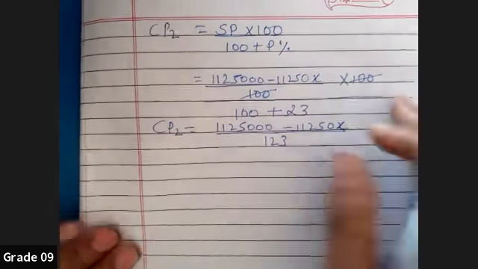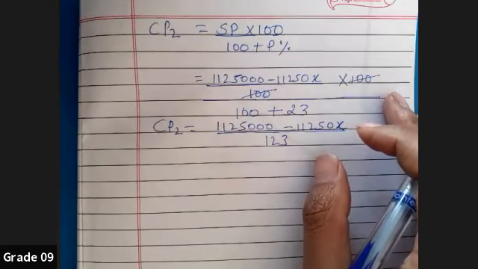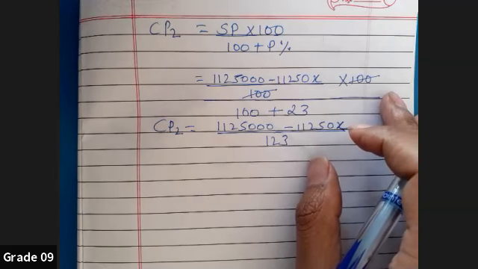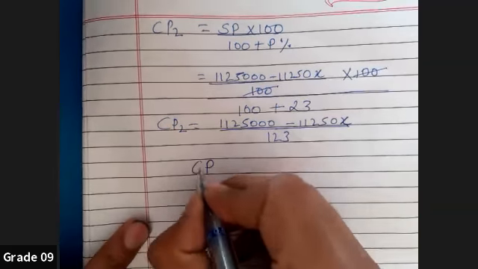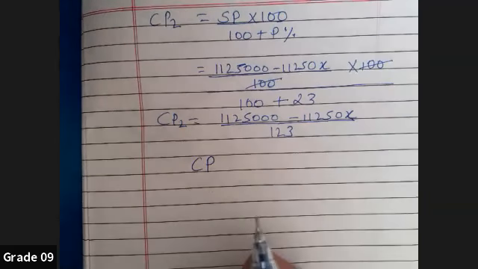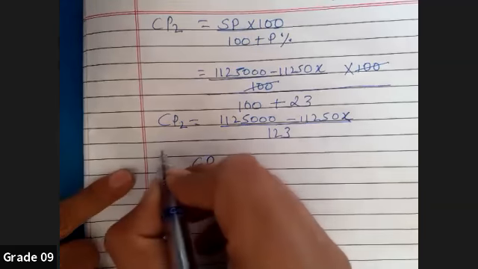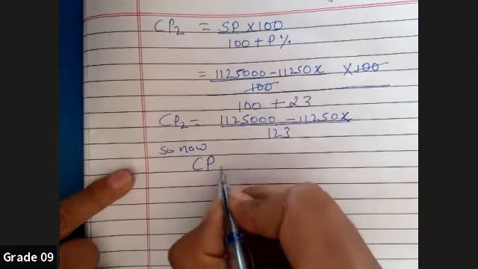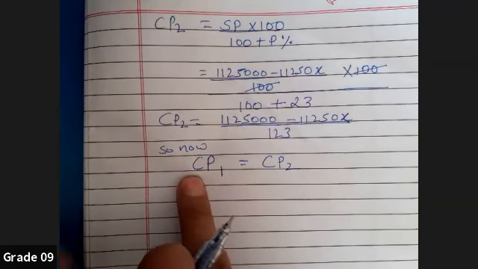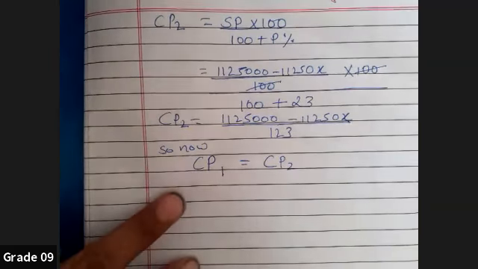Either you go to case one or you go to case two. Market price is similar. What thing does not change? I told you that market price does not change. And another thing that does not change is cost price. So cost price remains the same in any case. That's why we have one advantage. Now you can do CP1 equals CP2, because this is the cost price of the same product, so we can make the equation here.